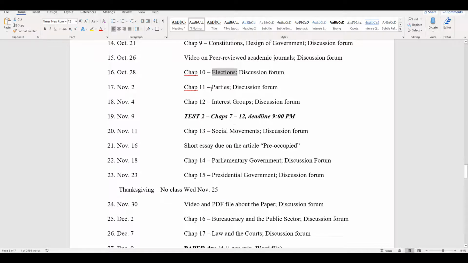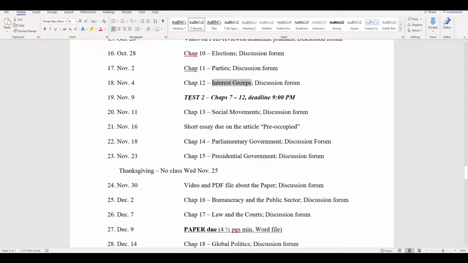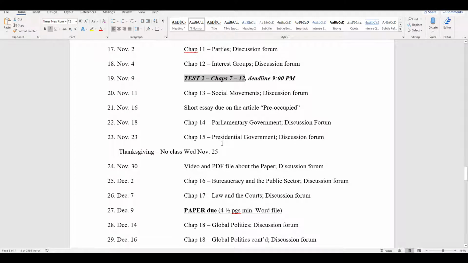Chapter 11, looking at political parties. Chapter 12, interest groups, a very important aspect of our pluralist system in America. And then on November 9th, test number 2 will cover chapters 7 through 12. Deadline 9 p.m. For the last third of the class, we'll start with Chapter 13, looking at social movements, and